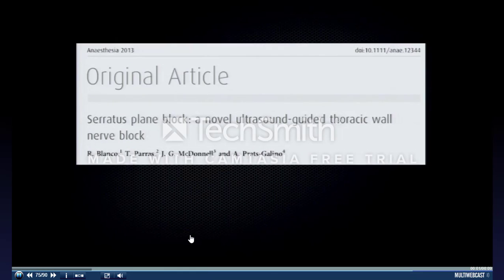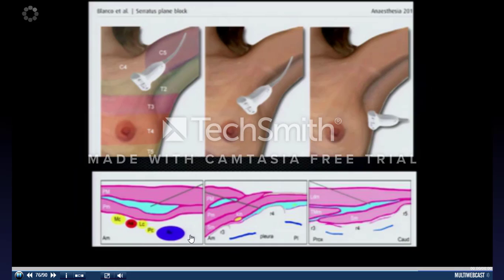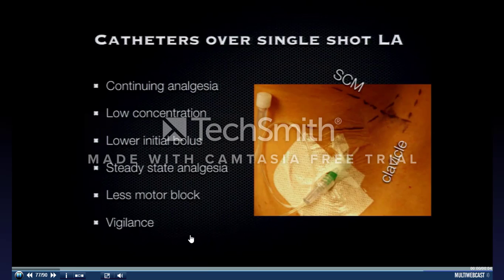The serratus plane blocks, again, this is just to demonstrate that we tend to stick to the original description of a block. So if Ralph Blanco and Teresa Paris said we're using an in-plane technique to get to this particular fascial plane, then we do the block that way, and we end up staying with that. You tend to stick to your original motor muscle memory, and it's very difficult to change unless you have a complication or somebody else shows you a new technique. If we are looking at catheters, which I'll go through,